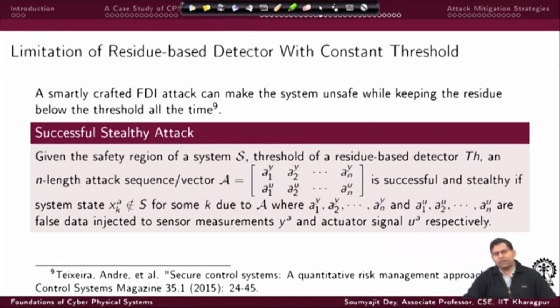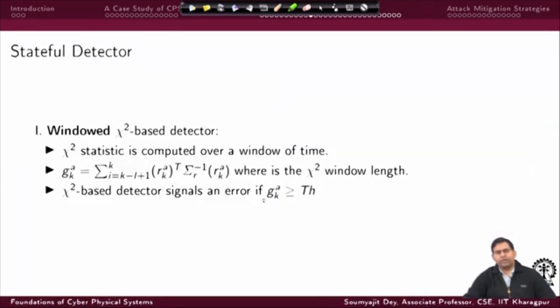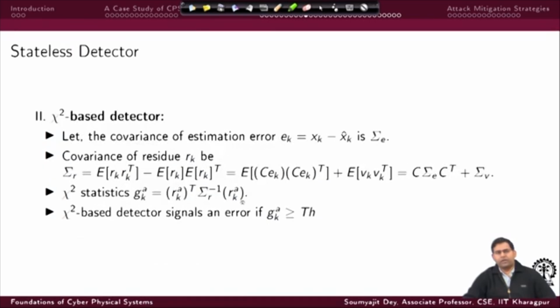If the attacker has knowledge about the system's model and the threshold value that has been set for the detector, then he can choose to inject the system with so small an amount of attack in both the measurement values and the control values in such a way that every time you calculate the residue, it will remain below the threshold,